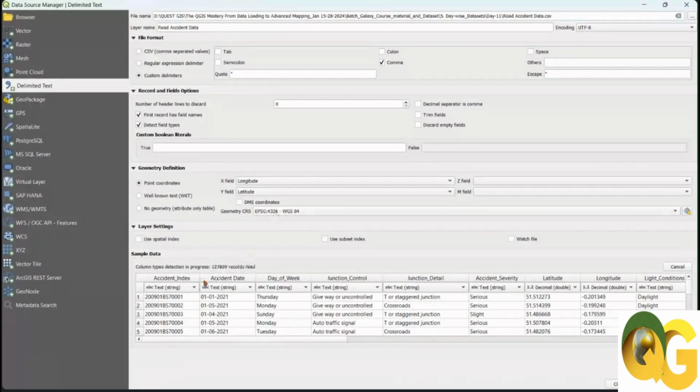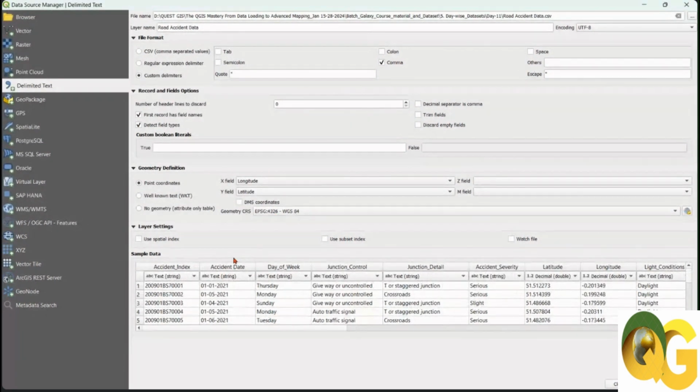And see, it is counting the records. It is counting the number of records. It has, I think, approximately 5 lakh records on crime data. Again, you have the file format, so you can customize your delimiters. If your data is separated by tab or semicolon, comma, colon, or any other sort of delimiter, then you can